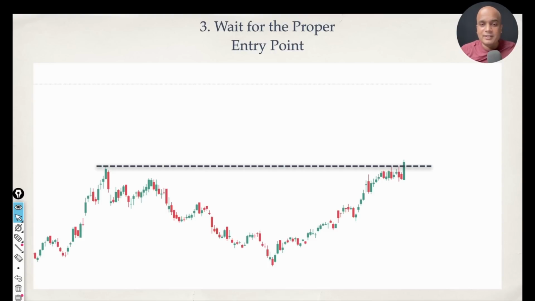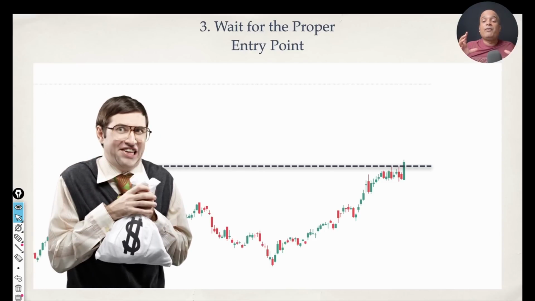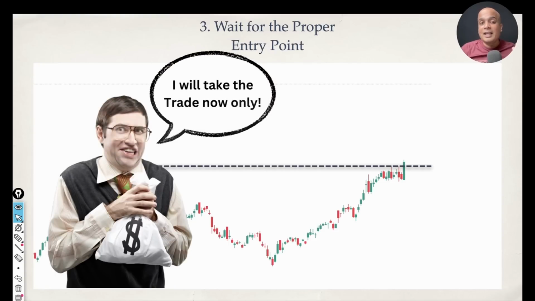Now what happens is, your mind starts thinking, wow, I have identified a very good breakout trade opportunity, and FOMO kicks in, fear of missing an opportunity. You might think, what if the price goes upside from here? What if I don't get an entry point? Your mind starts thinking all these things, and it pushes you to take the trade right here. It happens in many cases with many people.